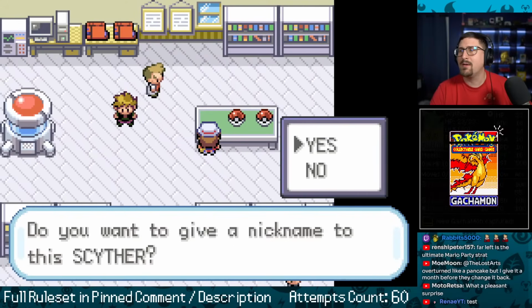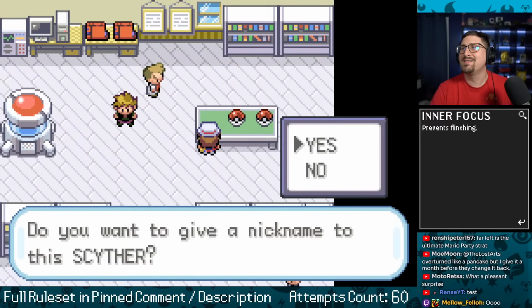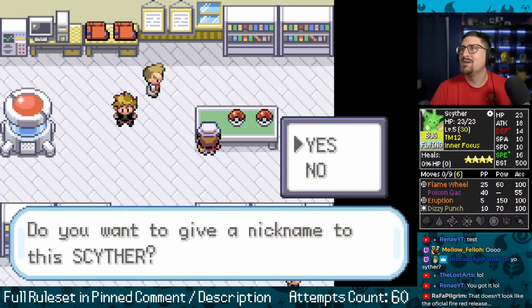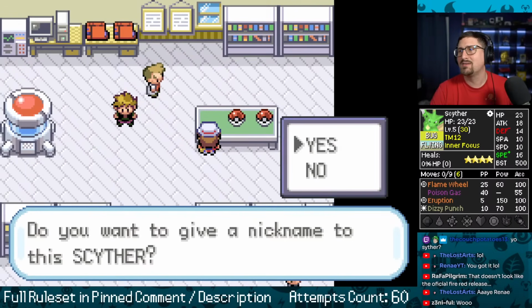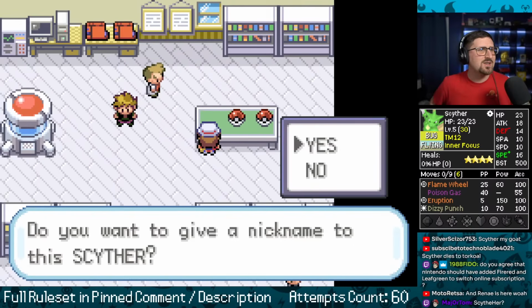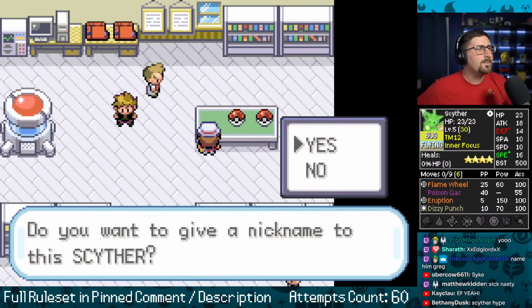Oh, good attack stat right out of the bat. Oh, wait a second. This Scyther's nasty. No flinching. Flame Wheel. Eruption. Okay, well, we want physical attacks. Dizzy Punch. Why not? Poison Gas. Okay, well, we'll learn more. This is actually, like, we could actually get... Torkoal could be ugly. We'll see.